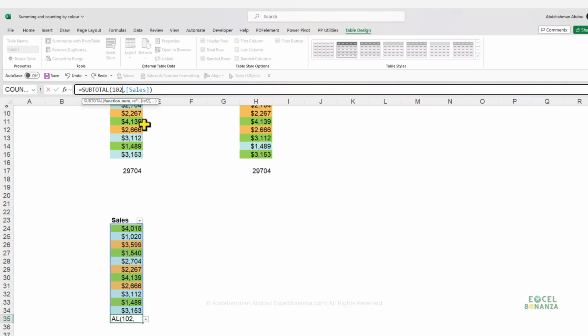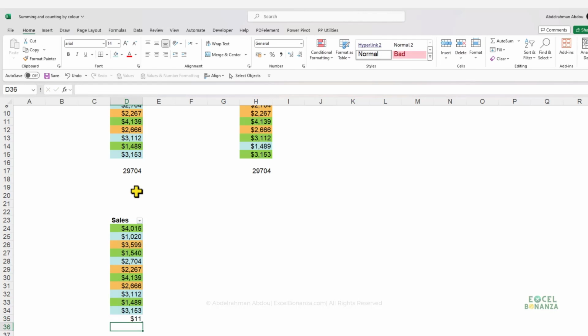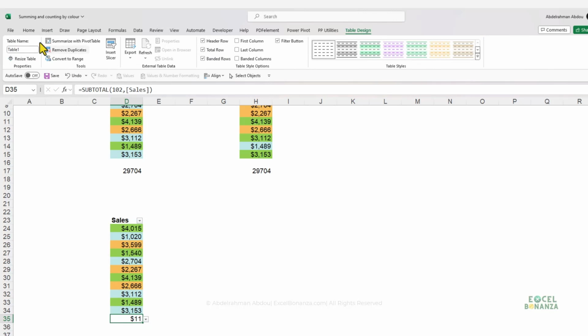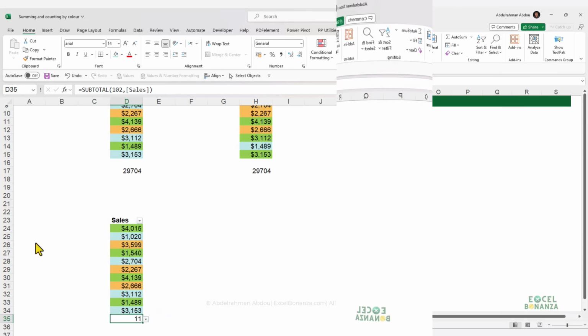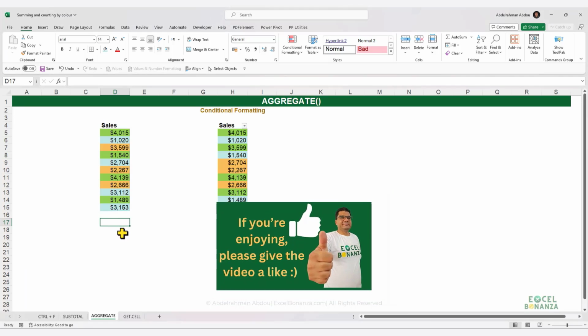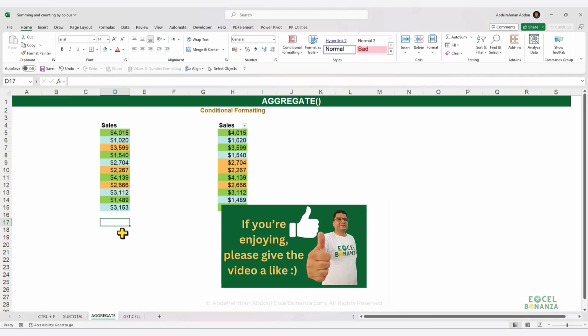Just make sure to choose one of those function numbers that start with 100. And here it gives us 11. This is the total number of rows, but we need to make sure to change the number formatting because it's not $11, it's 11 cells. All right, so this is the second way to sum and count cells by color, which is by using the subtotal function. All right, so the third way that you can sum and count cells by color is by using